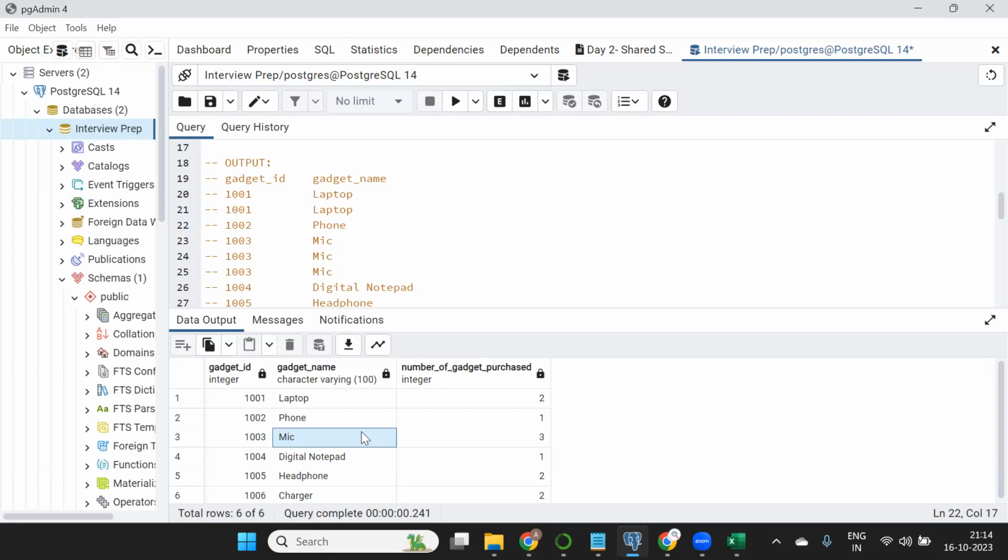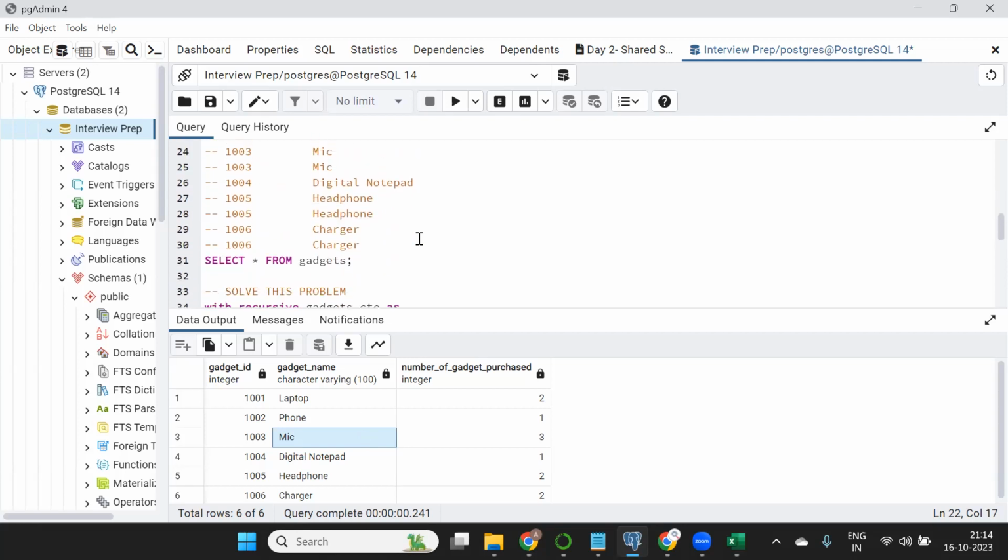That is from where your thought process comes. Because what is the first step? First step is basically you want to write laptop, but no, you want to write it 2 times. So that's why you're using recursive CTE. Now, next thing that I wanted to talk about is that